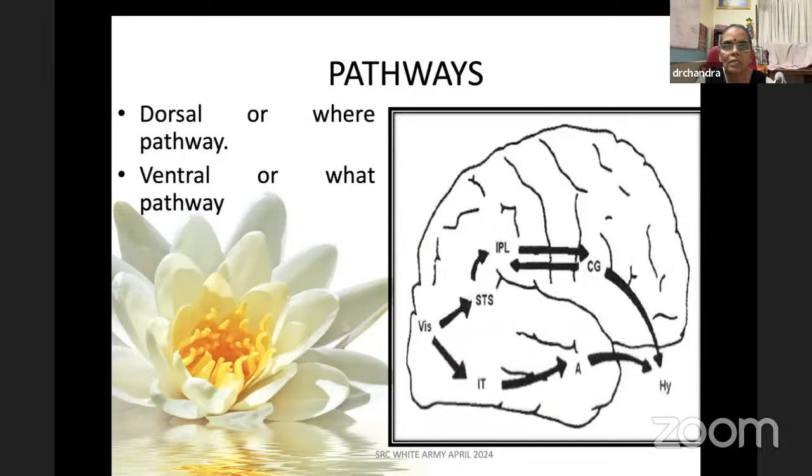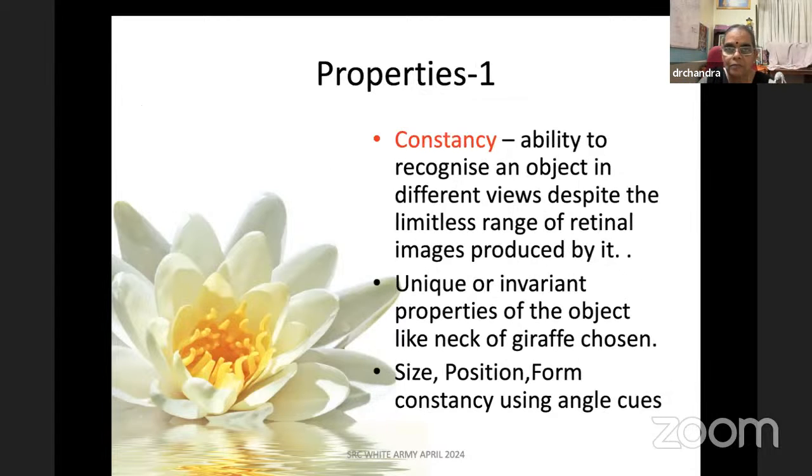And then we have got the dorsal pathway and the ventral pathway. What is the dorsal pathway? That is going through the parietal lobe to the occipital lobe. That is the where pathway. Where is the object. That is the dorsal pathway, goes to the parietal lobe. Ventral pathway is what pathway? That is the ventral pathway. So what and where? Color, movement, shape, static, all these, how it is processed, the physiology of it, I have